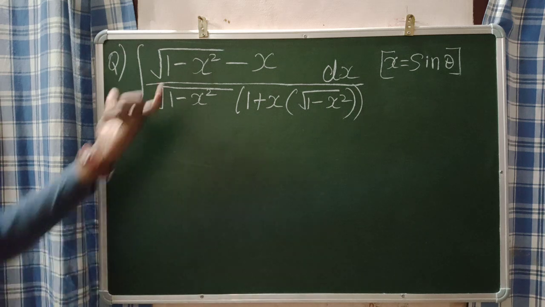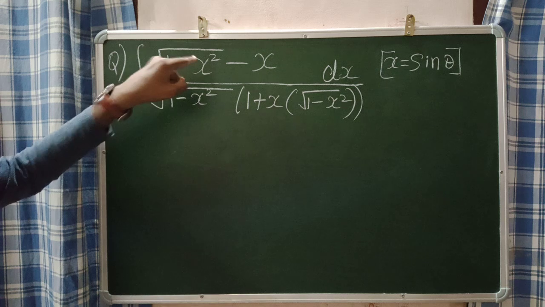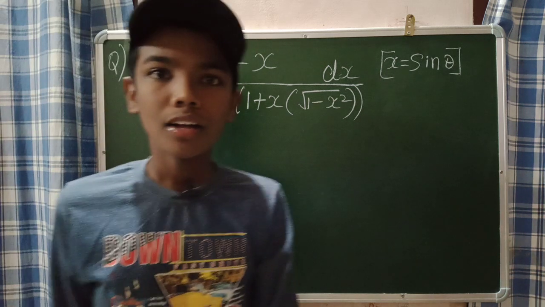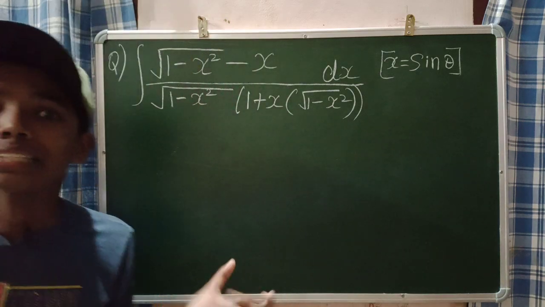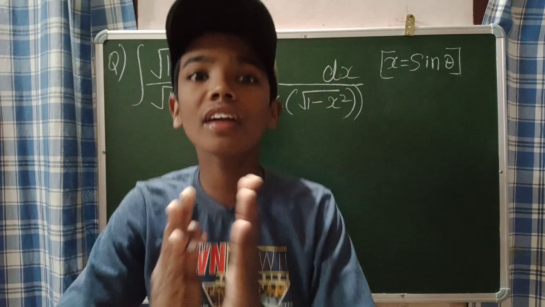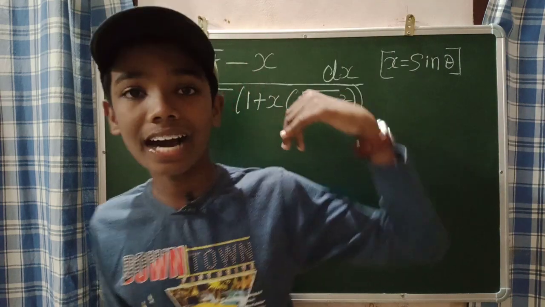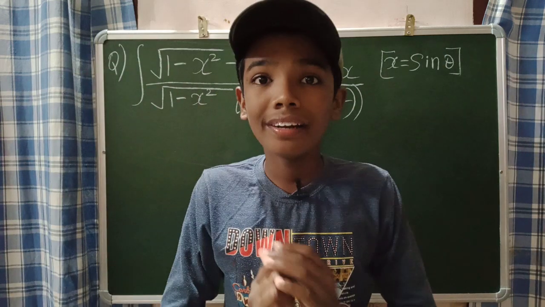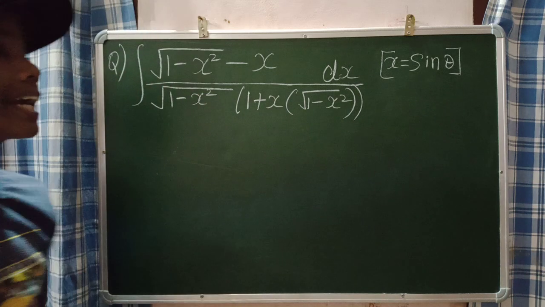See here, guys. In the numerator, if I take x as sine theta, I have root of 1 minus x square, which is root of 1 minus sine square theta, which is root of cos square theta. Root of cos square theta is cos theta. This form of integral is simplifying and compressing into a smaller form. So if you evaluate all the values of x as sine theta, the integral will be compressed into a small form. That is how your thinking should be. That is why I am taking x as sine theta.